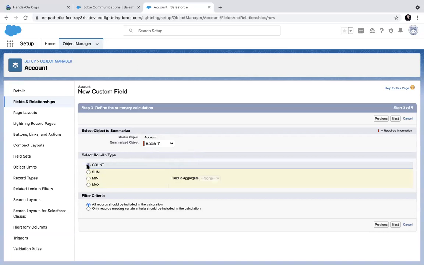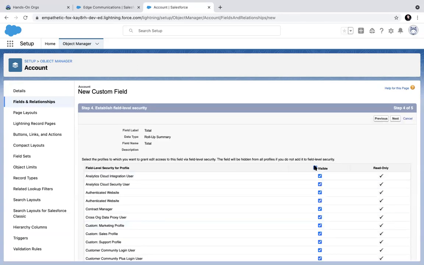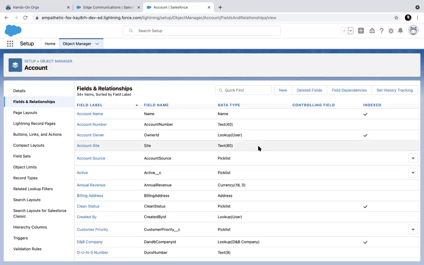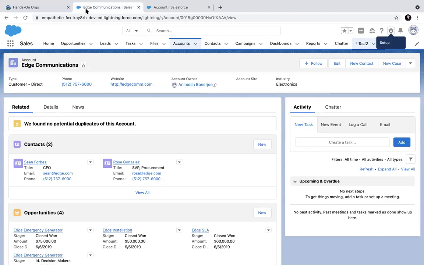You can do a count, which I was talking about, but you can do a min max. Average is not there. Sorry, I was wrong. So sum, min, max, I can choose any numeric field from here. So amount is there. Of these three things, let's have a sum here. Min and max means the minimum amount or max amount of that. I am adding this field on my account page. Let's see this now.